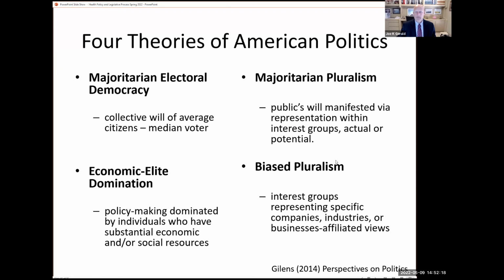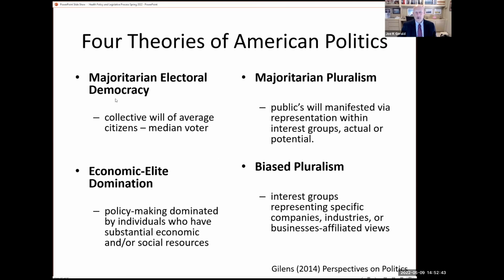Okay, all right. And so kind of the last piece I want to leave you with here is very American-centric, but it's understanding basically how legislation gets passed and who benefits most from legislation in the United States. And so there are four theories. Two of them have to do with individual voters, and that's on the left side.